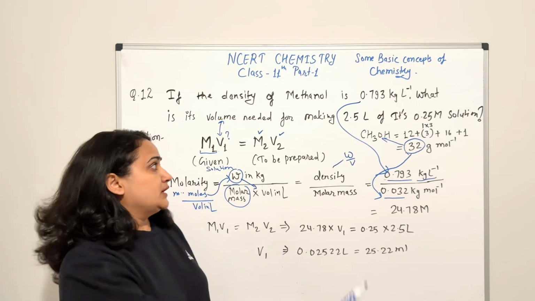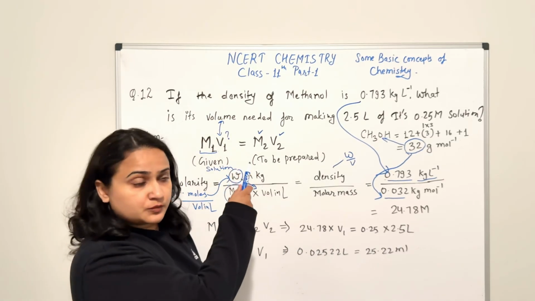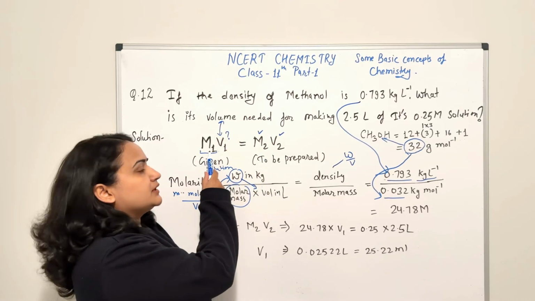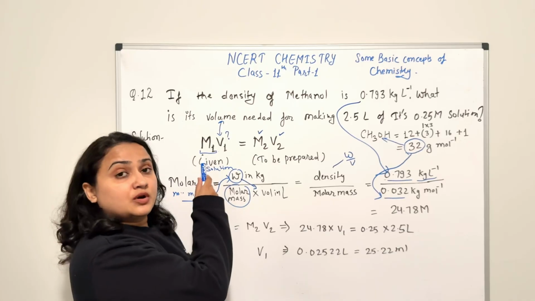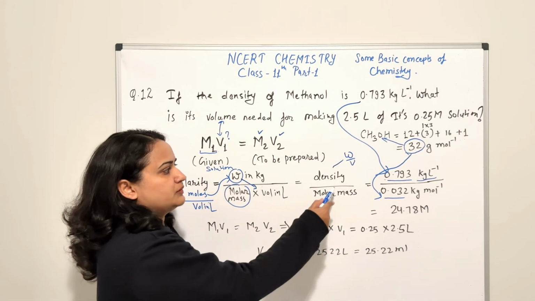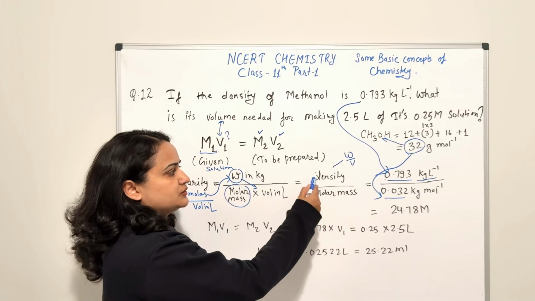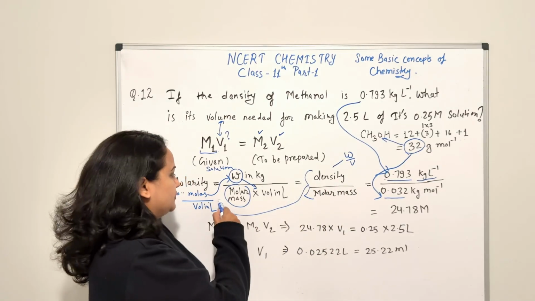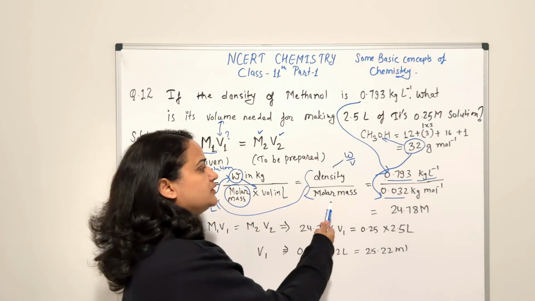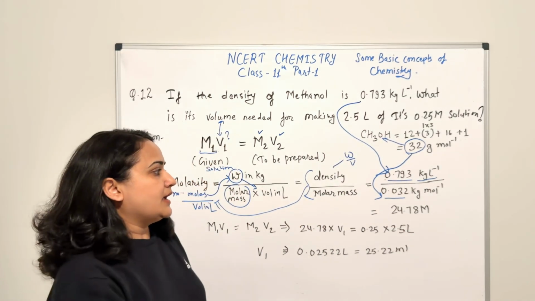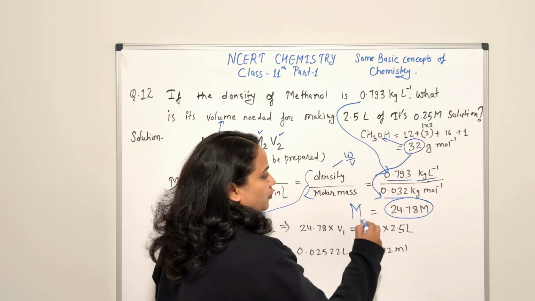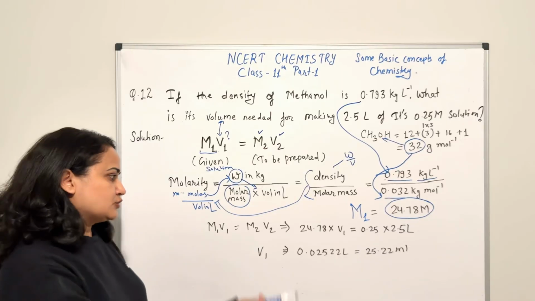Okay. This is our super formula. This will give us volume. But in this formula, we need to find the molarity for the first solution, the given solution. This is what we are doing, because density is given. So this is our formula to find the molarity. Density is here, density is in kilogram, so we put molar mass in kilogram. And then this is the answer of M1.